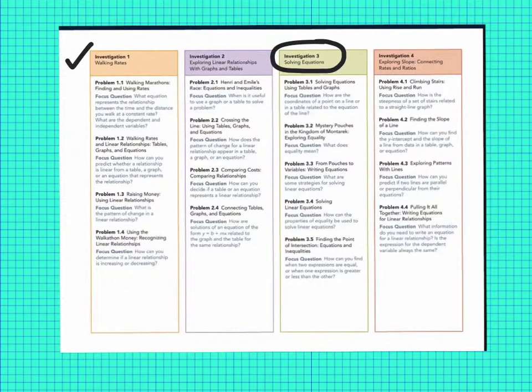We completed investigation 1, had a checkup. Investigation 2 had a partner quiz, and now we're ready for investigation 3, where we'll solve equations using tables and graphs first, and then move into solving equations using equality, writing equations, solving linear equations, and finding the point of